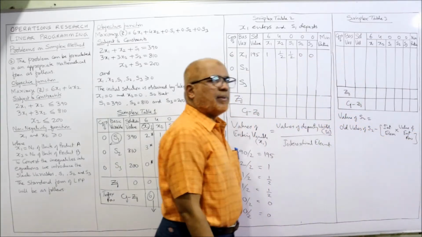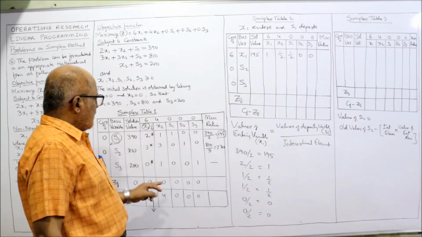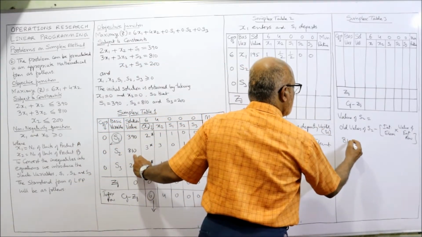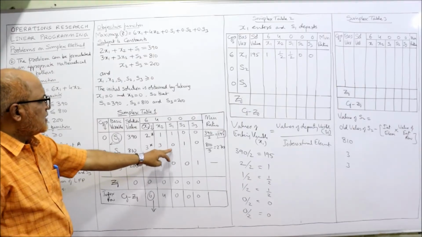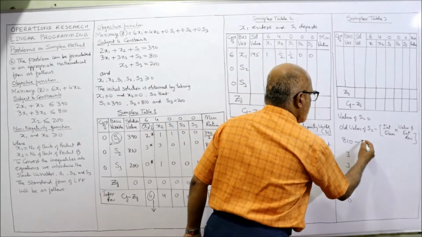This is the formula we apply to calculate the new values of S2. Old values of S2 are 810, 3, 3, 0, 1, 0, minus